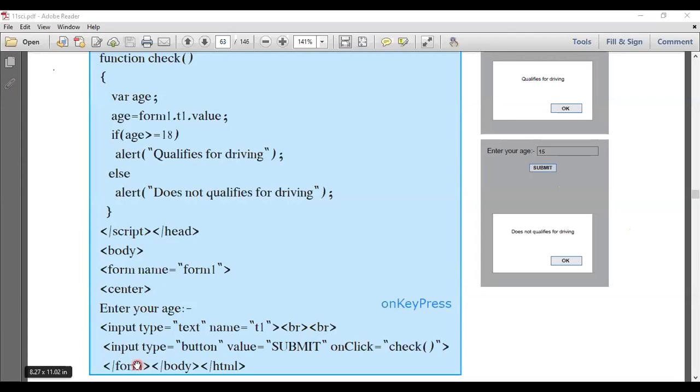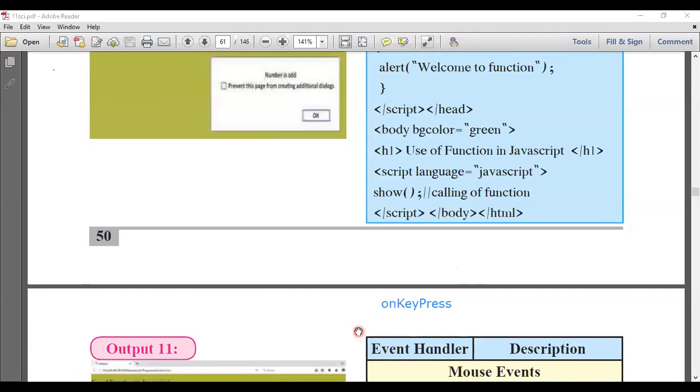So understood this part? I'm considering that this part is easy to understand because it is only the theoretical part. You have to just study theory. If you want to implement this part, then we will jump to the next syllabus.